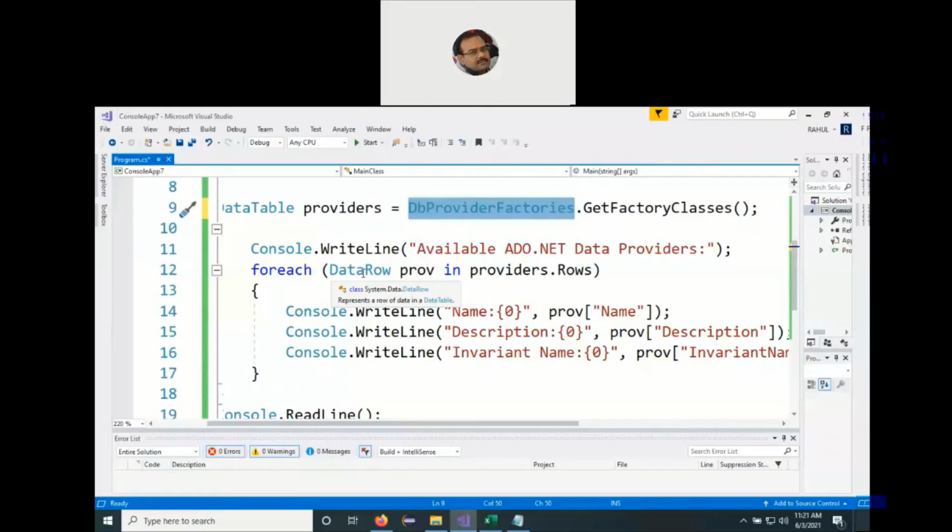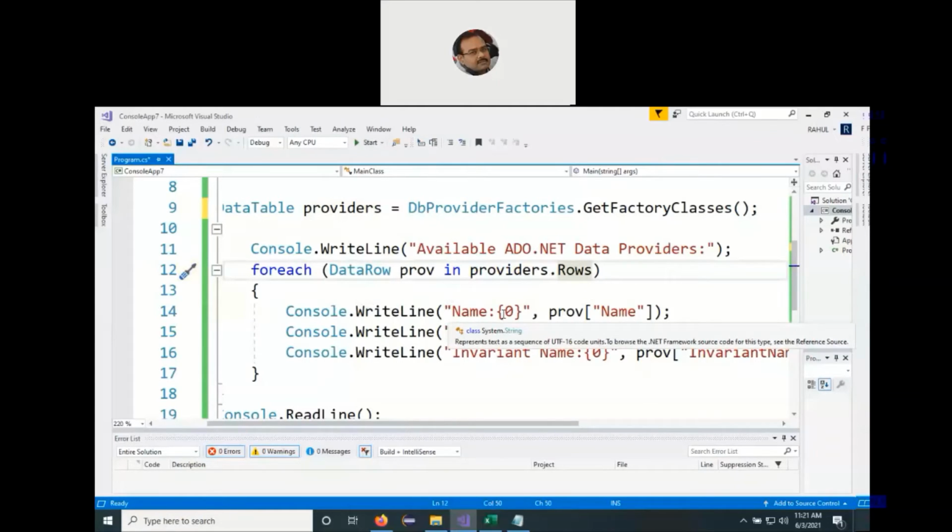If you've got only one database, it will be displayed only once. In providers, provider is already a reference variable, dot Rows. It's more like a logical container, and it will iterate one by one across all the rows of the container. As it is iterating, we are fetching the values and displaying them.